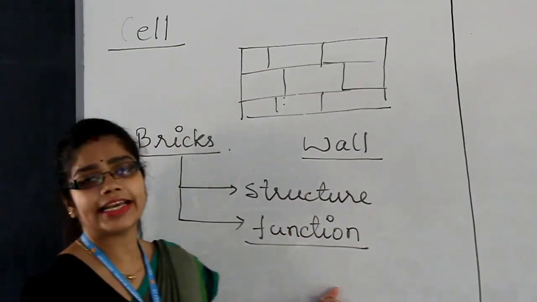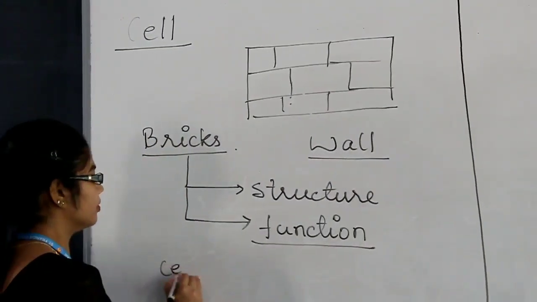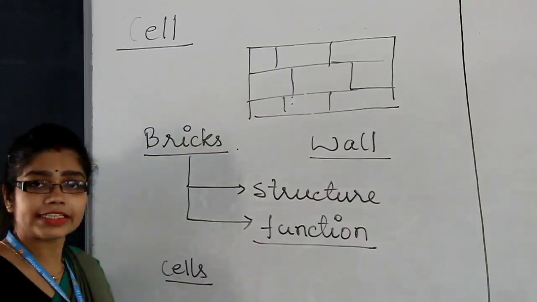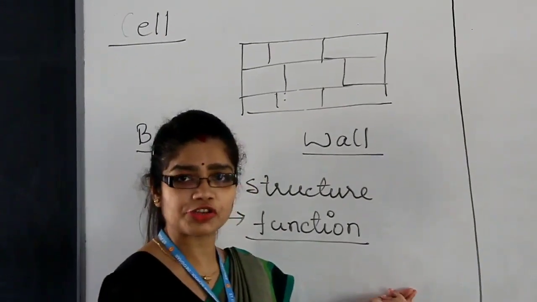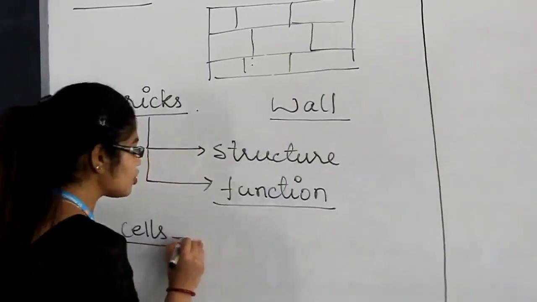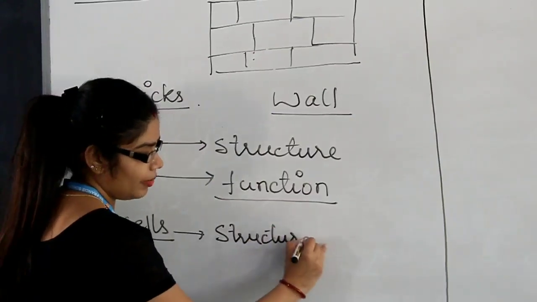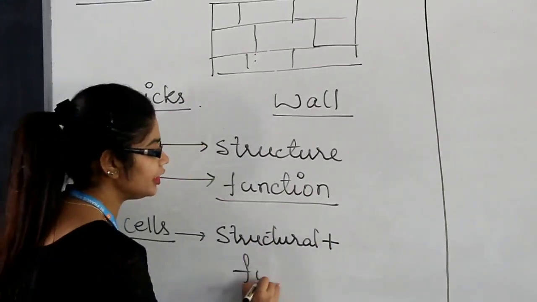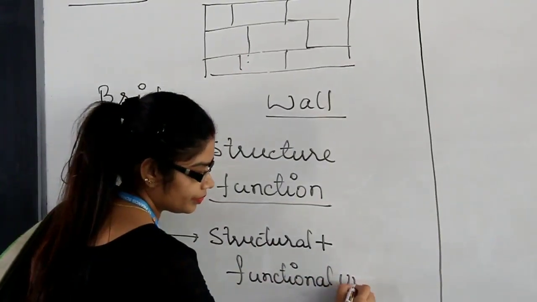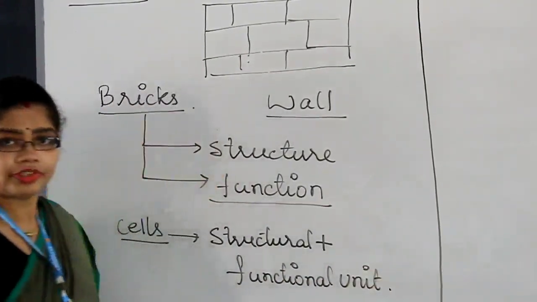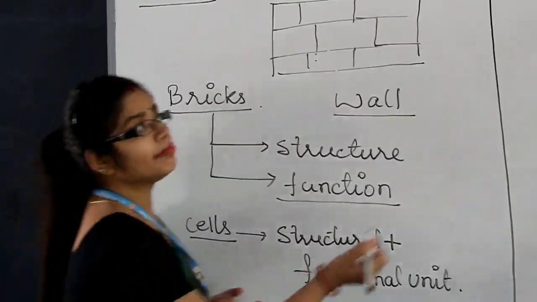So the same is the case in our body. Our body is made up of cells, and they are providing our body with structure and also doing the function for the body. So it is actually the structural plus functional unit of life. Okay, now we will find that based on the number of cells,